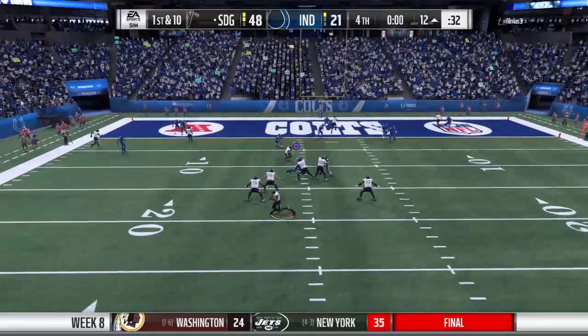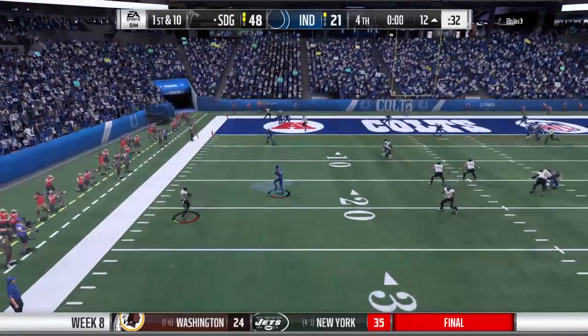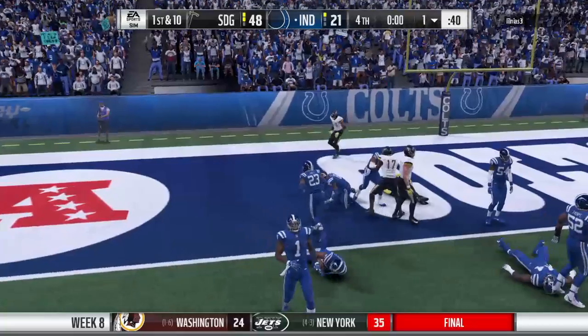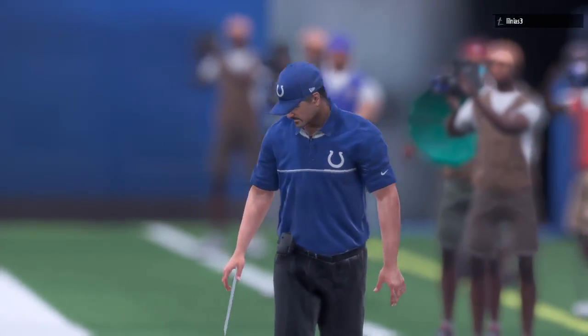And Watson's going to throw it here. Buying time to his left. And for the fourth time tonight, it's an interception. And it's Ha-Ha Clinton-Dix with a...